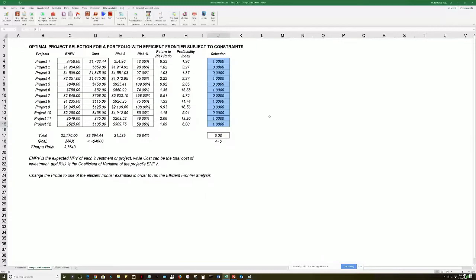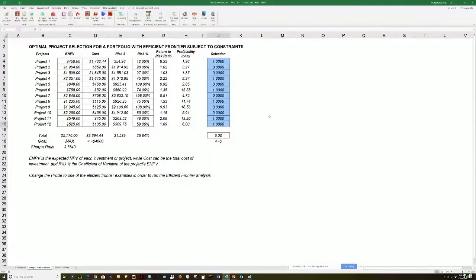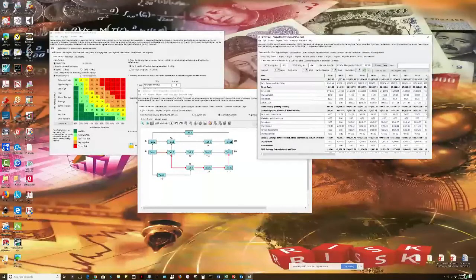Let me try to refresh the screen. Let's see if that'll work. I will share the screen yet again. It's a tad slow because I'm also looking at the screen itself, and it is still on my Microsoft Excel. Let's see if, there we go. Took a little bit, sorry.